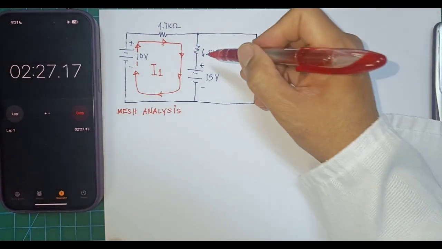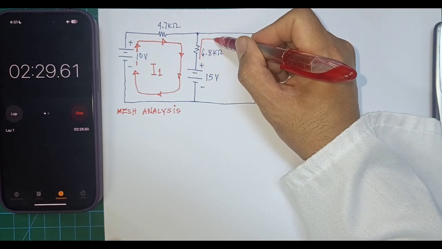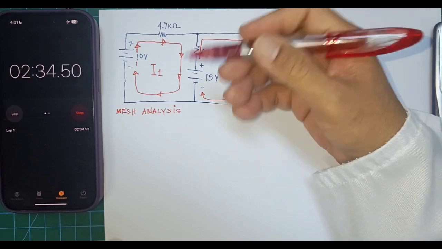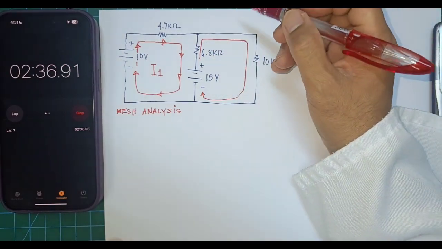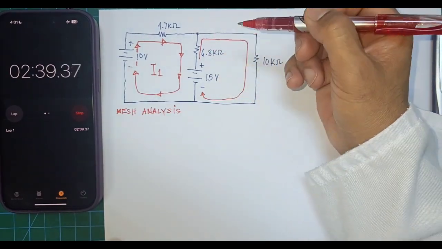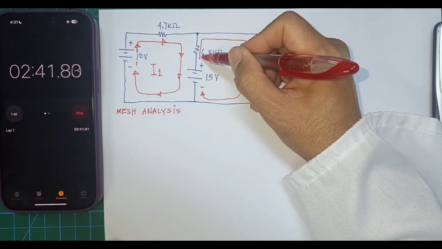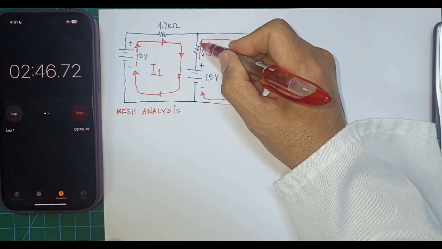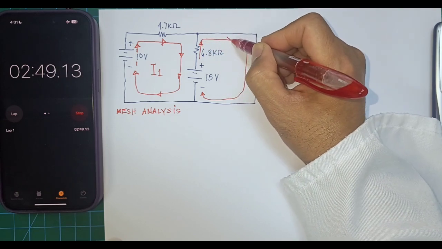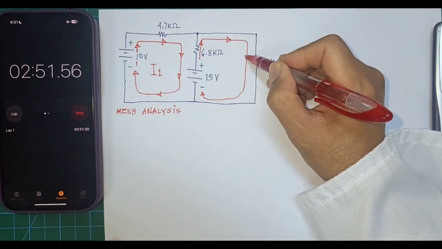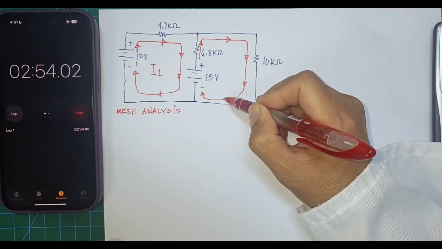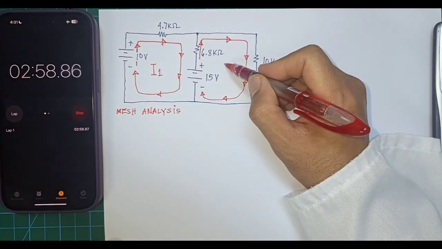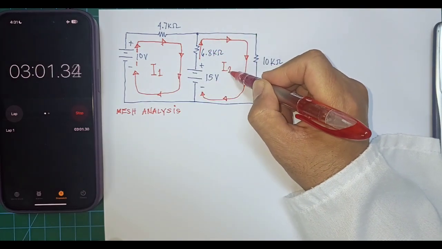Now, all you have to do is to draw another loop on the right side here and assume a direction. I mean, we don't really know what will be the final direction, but for now, we will think that the current is also moving in a clockwise direction. So, I'll put an arrow here, going up and to the right, and going down, and going to the left. As you can see, I have the I1 loop here, and I'll make another current loop here, which I will call